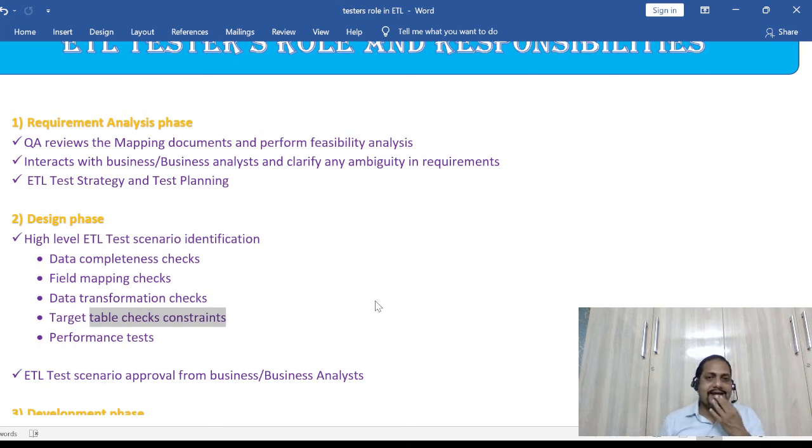So in the target table checks, what we normally do is verify whether the primary key is there on the particular table, or whether we have already defined some not null constraints, etc. All those things we have to look at, indexes, etc. Because of performance issues and other things, all those things we have to verify, and